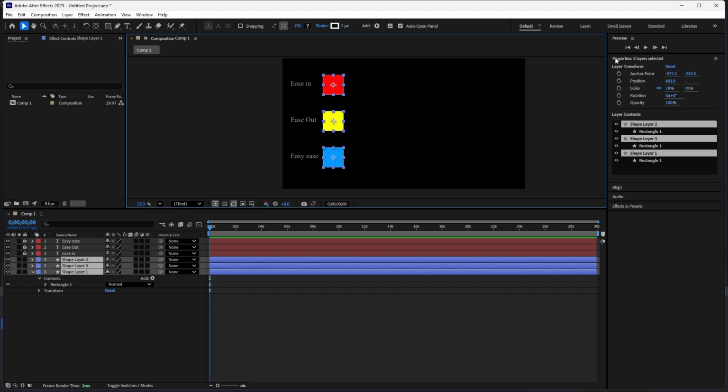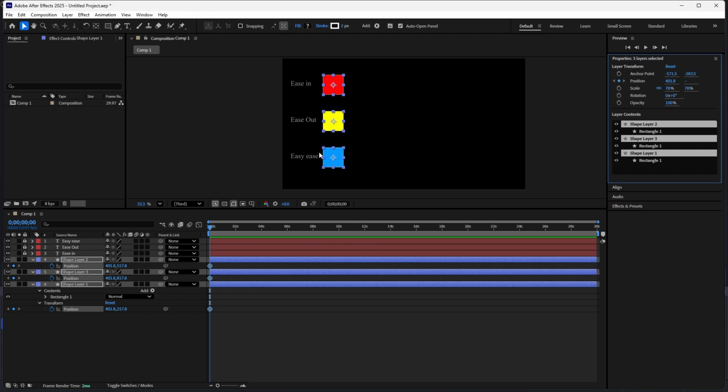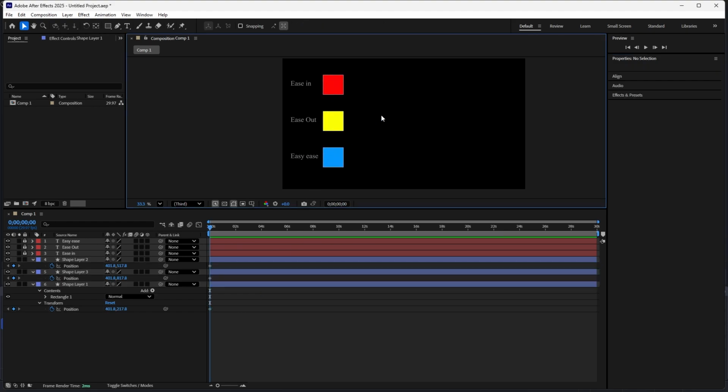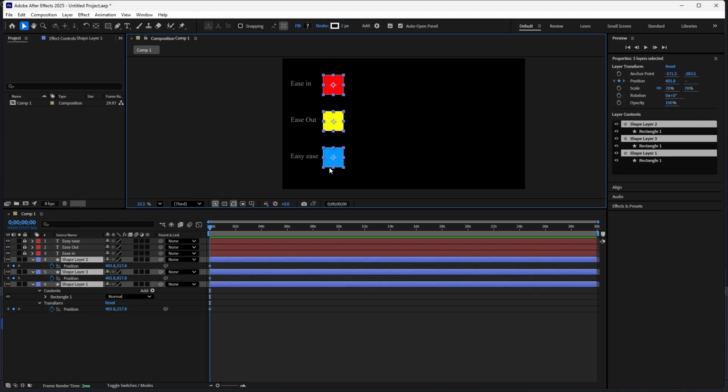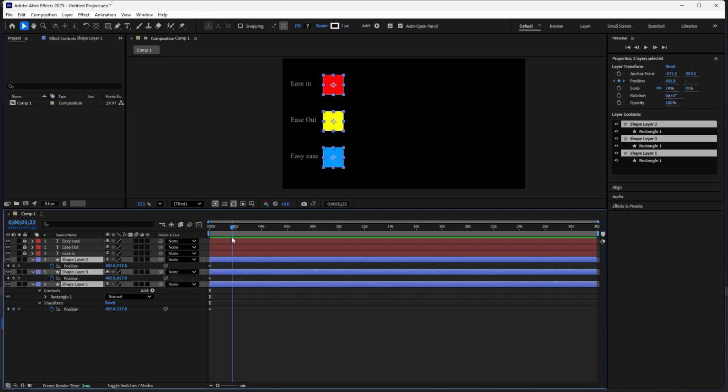And here we have the properties. Here also we have properties under this, but here the right side properties are there. So in this I am using the stopwatch. Okay. Click on the position. For the three at a time, I place this and select these three and move to